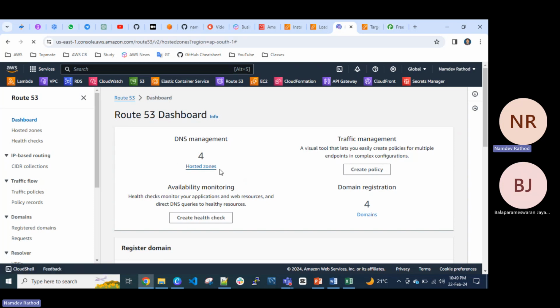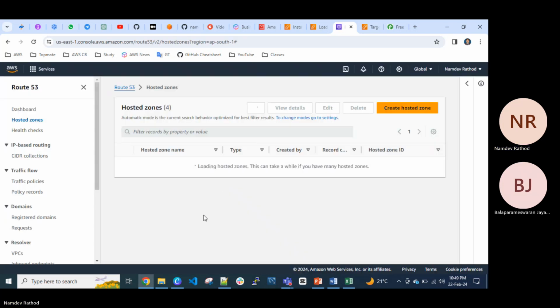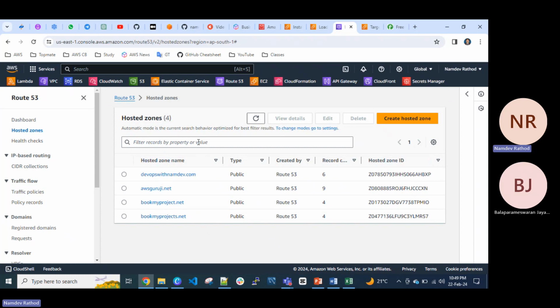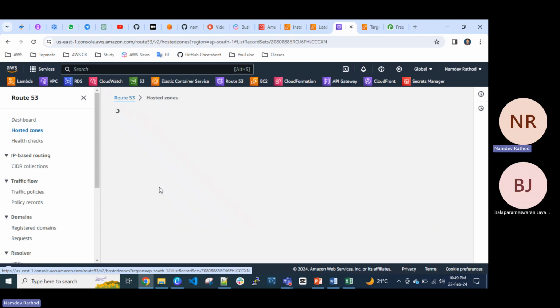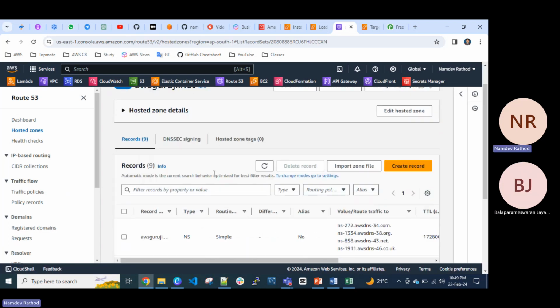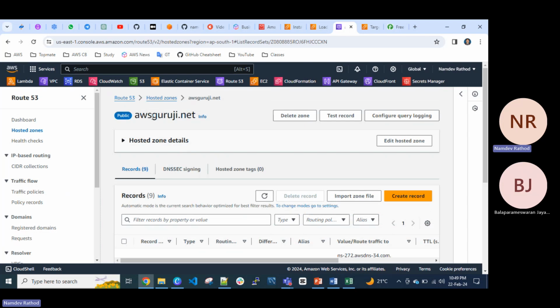Let's say, just click on the hosted zone. Route 53 is purely used for the DNS service in AWS itself. We don't need to go with any service provider like GoDaddy or BigRock, which have their own hosting service. So let's say I have this domain awsguruji.net. I have multiple domains, so don't be confused. I'm using awsguruji.net here,